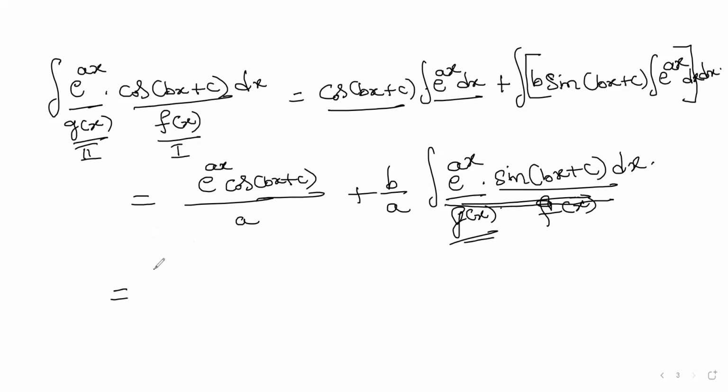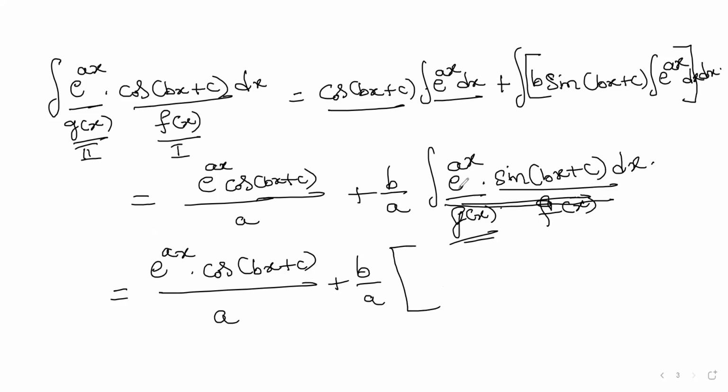So what I get is e power ax cos of bx plus c divided by a, and then b by a is over there. b by a multiplies this entire integral, and now this happens to be sine of bx plus c. I'm writing a direct step over there. The same way, instead of cos of bx plus c, now sine of bx plus c will come. And the integral of e power ax is nothing but e power ax whole divided by a once again here, minus the integral,